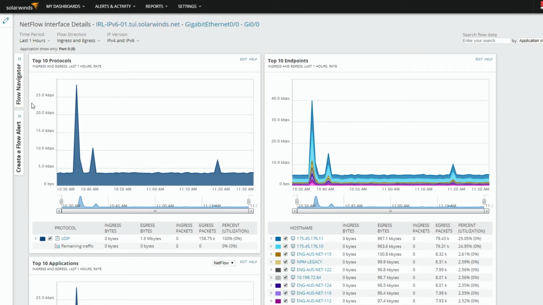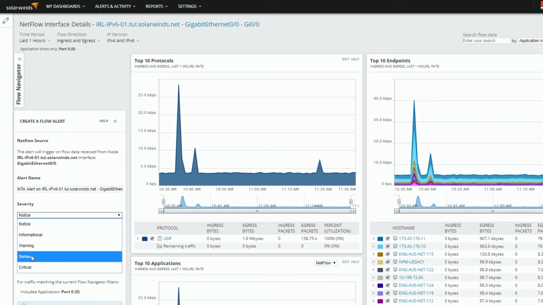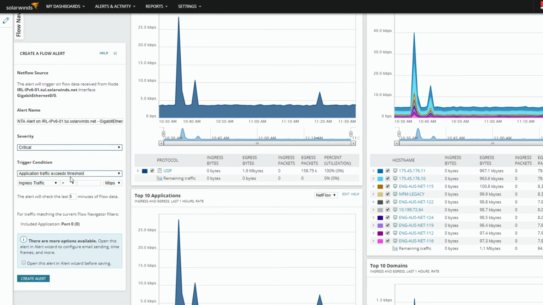Yeah, so once we have this context here, then we can go ahead and create a flow alert. And again, we have the summary up here, the data that we're seeing on this particular interface, the alert name, so we could call that malicious port 0 alert. It's a pretty serious thing if we see this at all, maybe critical. And then we can set a relatively low threshold here for ingress traffic. So let's say something like 5